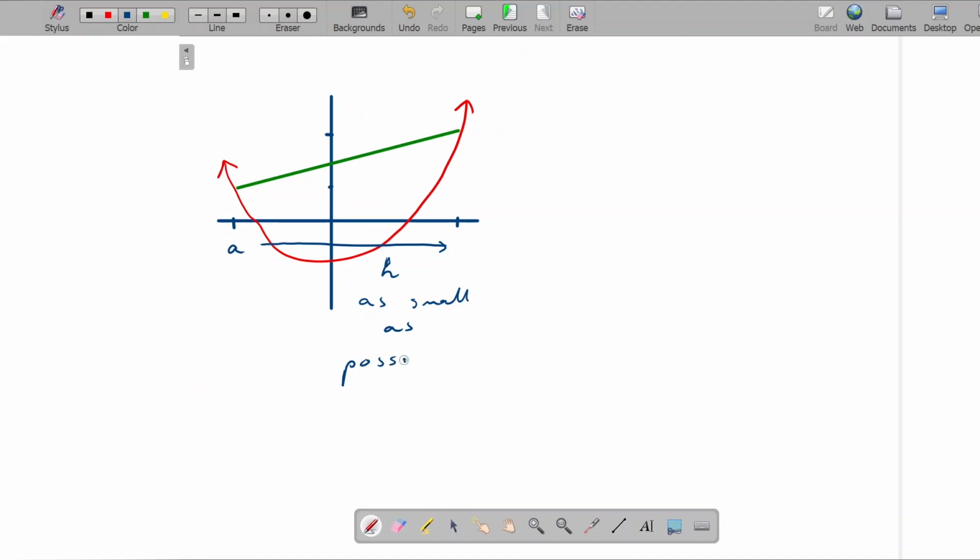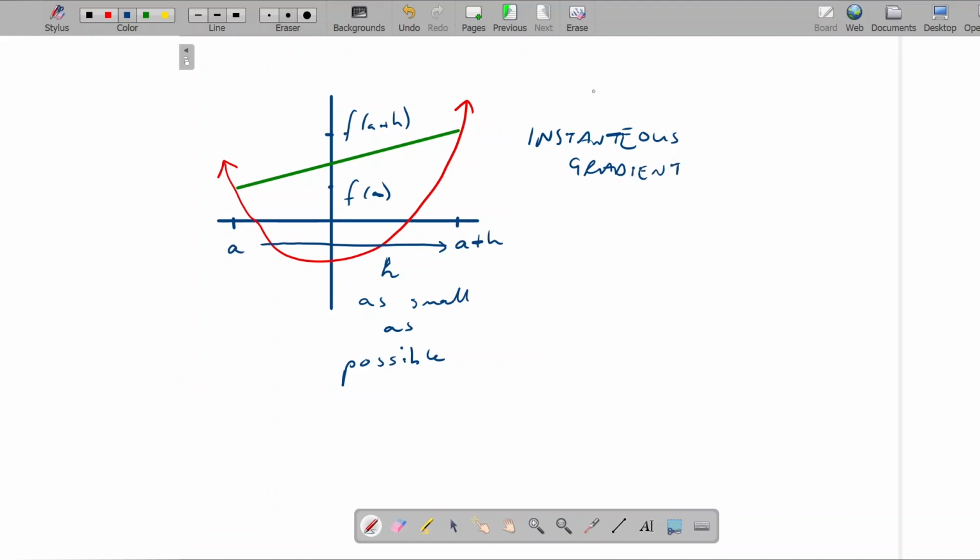In other words, it would be a much better average, a much more useful gauge of value if, instead of having f of a plus h, I was now looking at something where this h value was getting smaller and smaller and smaller. If I did that, what I'm now looking at is a much better idea of an instantaneous gradient. So what is happening at the instant? Now, if you think about your parents' car or any car that you might be familiar with, most car speedometers are telling you what's happening at that very moment. So an instantaneous gradient,